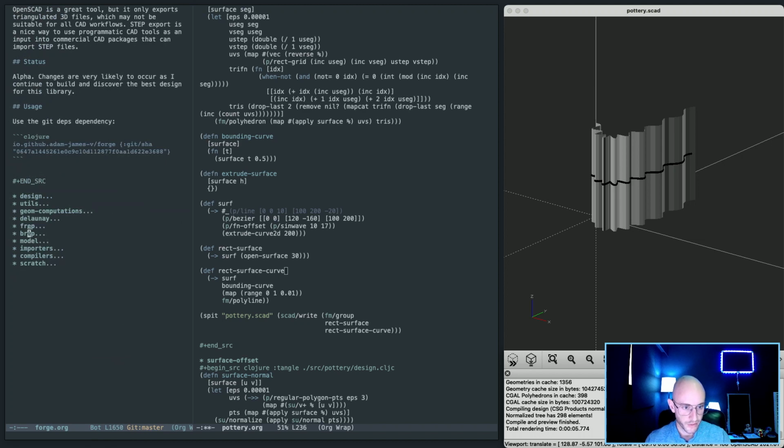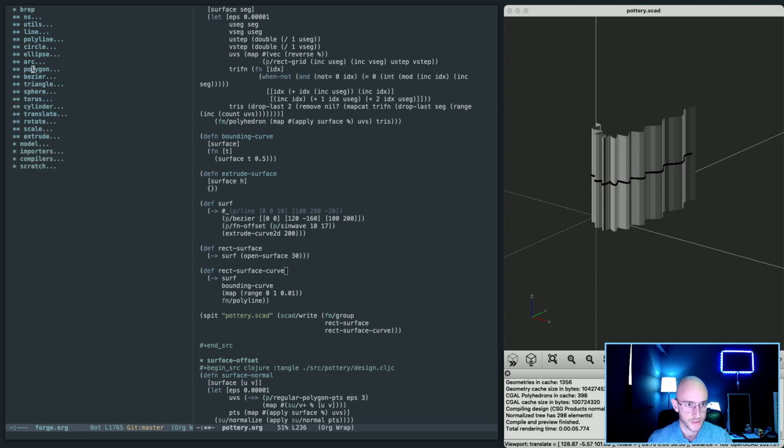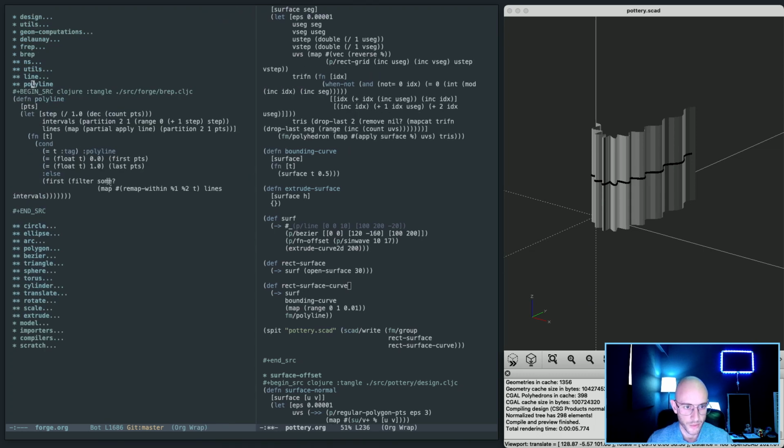Let's go here, brep, Polygon. Let's try this. Oh, where's polyline? Let's try this. So there's this remap within thing that I need, basically. And it's going to work via